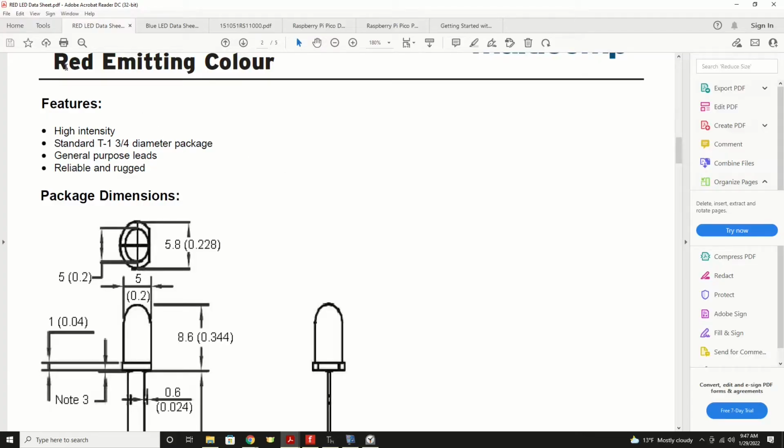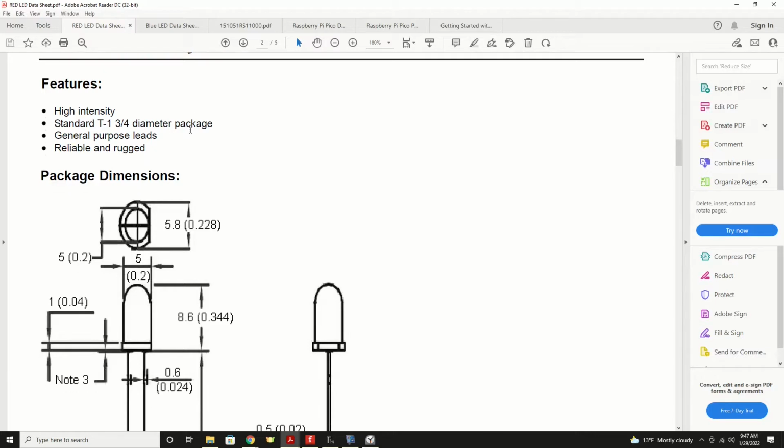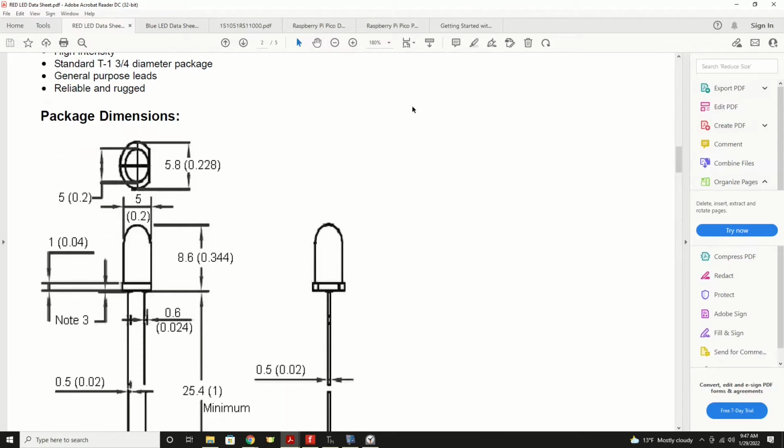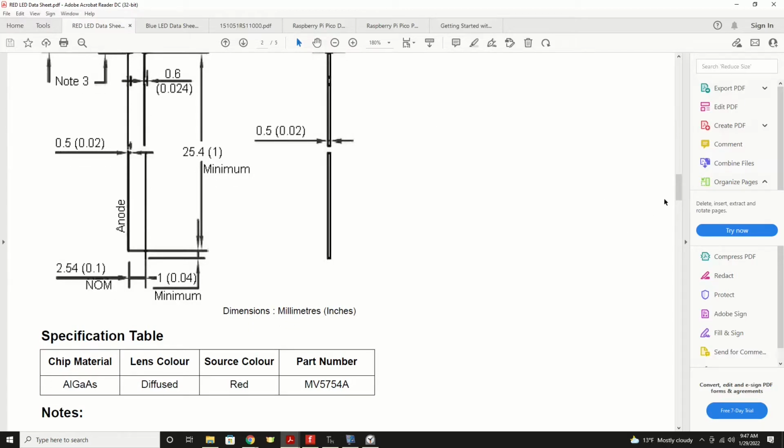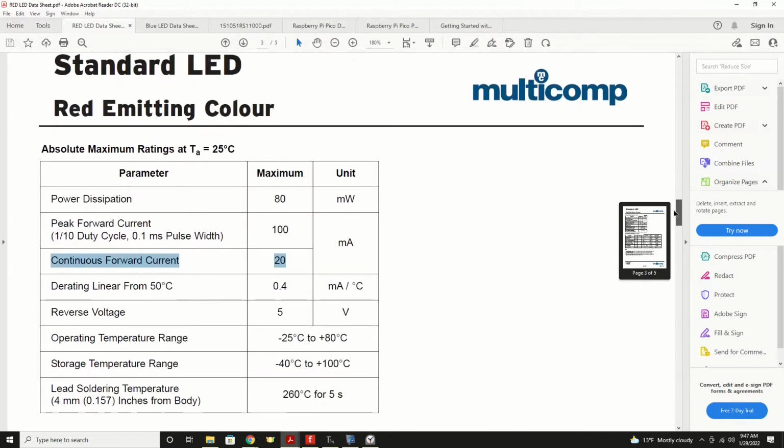Now, we'll look at a couple different data sheets from different manufacturers so you get a little idea how to hunt for the data. First thing you'll want to do is find the data sheet for the color LED that you have. In this case we'll be comparing two different red ones and then we'll look at a blue one. But here we're on a red LED and what we're going to look for is